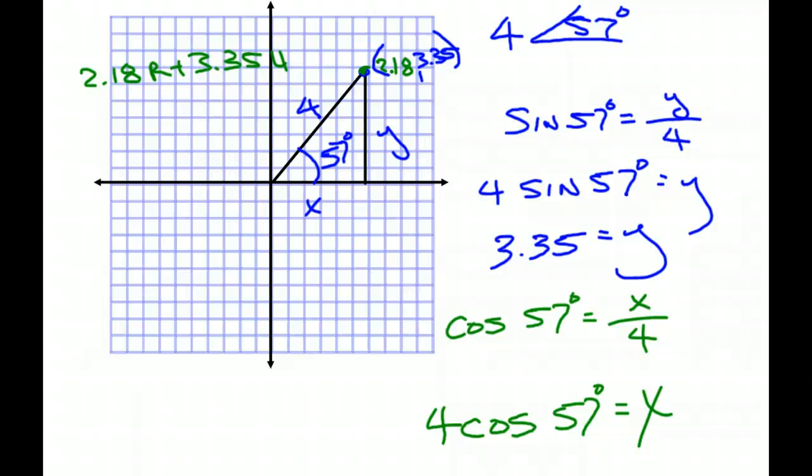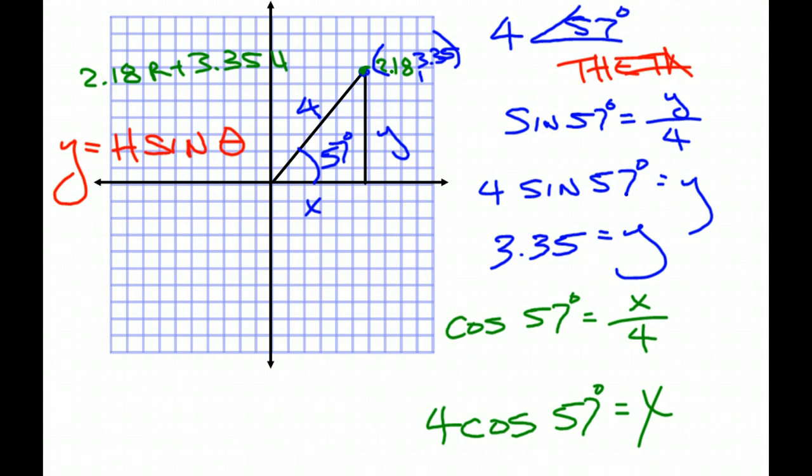And that pattern is, see if you agree with this, that your y-coordinate equals your hypotenuse times the sine of theta. Have we talked about theta at all? No. Don't get too excited here, guys. Theta, spelled T-H-E-T-A, is this Greek letter, a circle with a line through it. It's an egg with its head. The letter theta